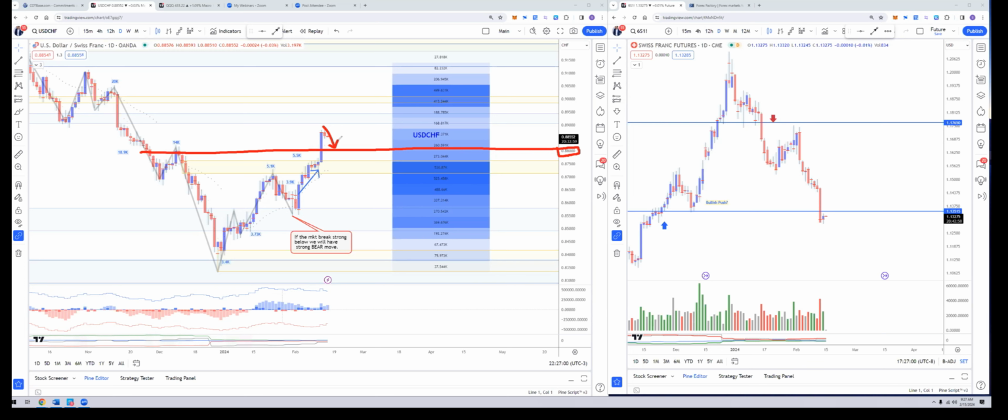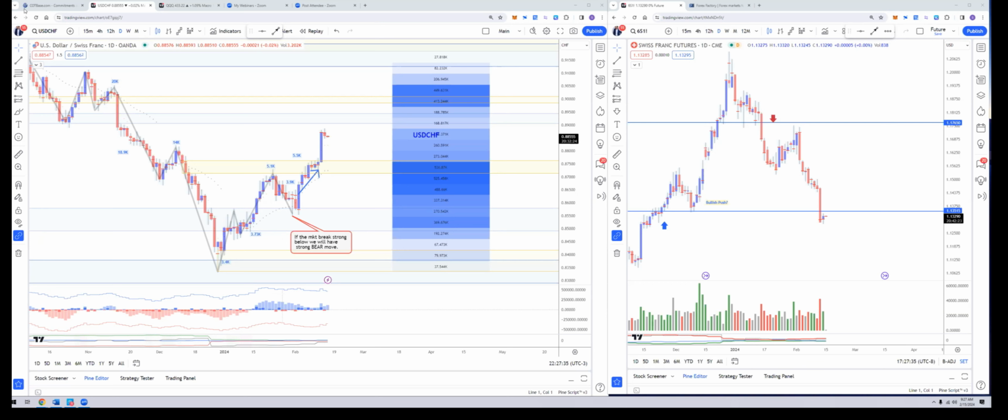Surprisingly, one day US dollar strong, one day US dollar weak. So that's why we need to have a plan in advance, then trade accordingly. It's not very good to buy when the market goes up and sell when the market goes down, because it will make you late in the market. So the best practice is to choose one direction, then look for a good setup throughout the week. If it doesn't work, just stand aside.